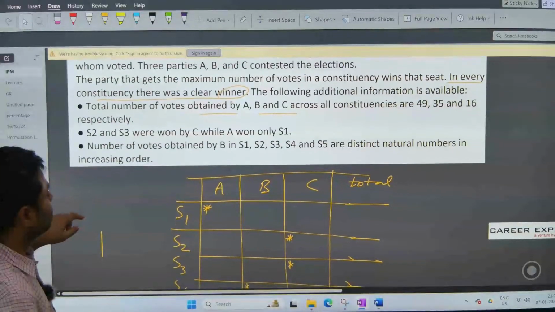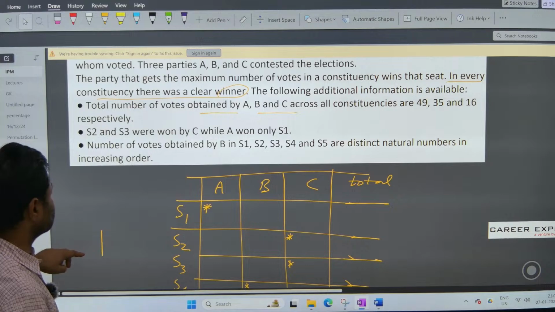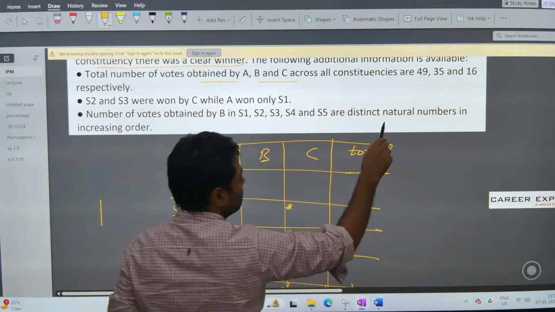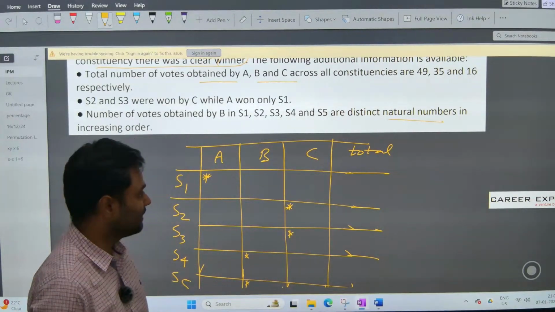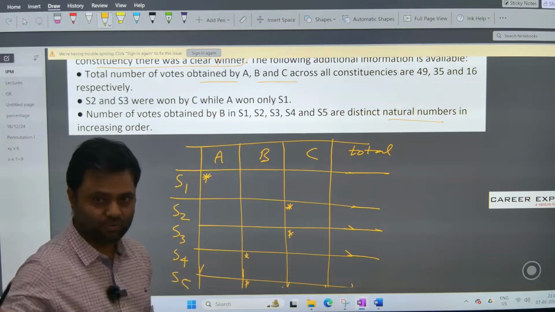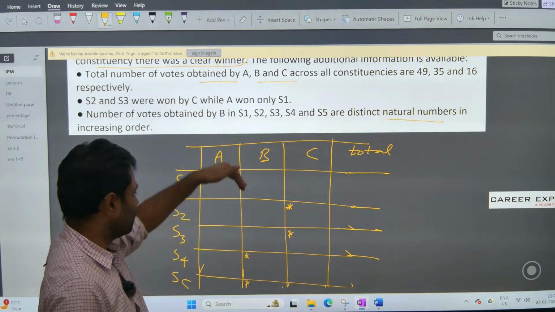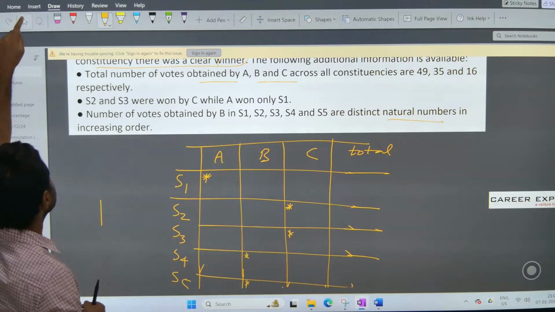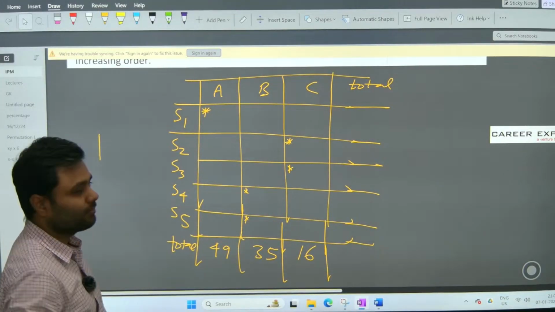The number of votes obtained by B in S1, S2, S3, S4 and S5 are distinct natural numbers in increasing order. So distinct natural numbers means the minimum number can be 1 but not 0 because they are natural numbers, and distinct, that means in all these 5 constituencies the number of votes of B was not same in any of 2 and the number increases as we go down from S1 to S5. Right? So this much is given. So let us, based on this information, try to fill the number of votes obtained by each party